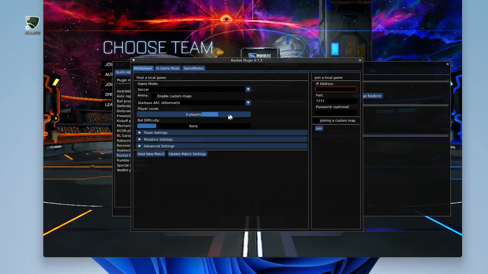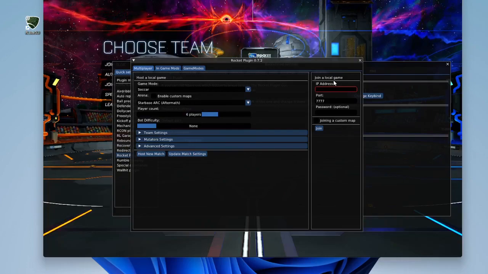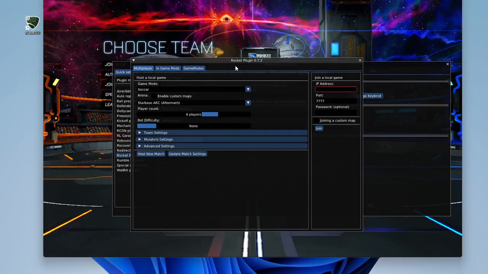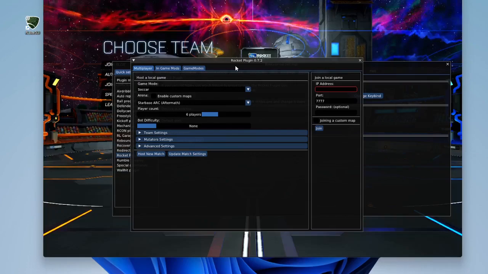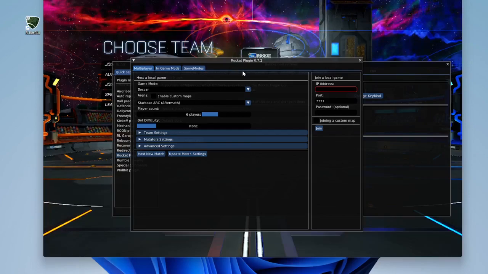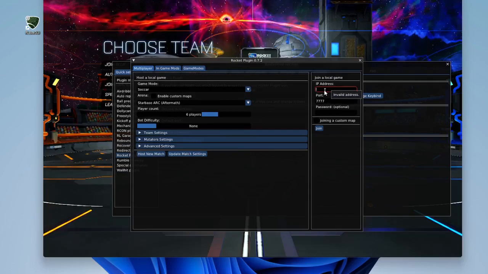As you also have noticed, there's a join a local game. So when your friends have gotten Hamachi and Bacchusmod and the Rocket plugin, all they need to do is log into your network, and you send them your IP address that you can get from Hamachi by just right-clicking where it says a bunch of numbers, and you just copy the IPv4 address, and that's your IP address that they will use in this field right here.